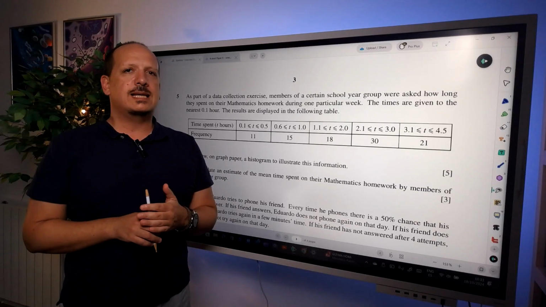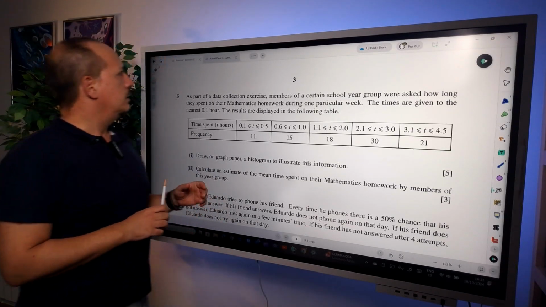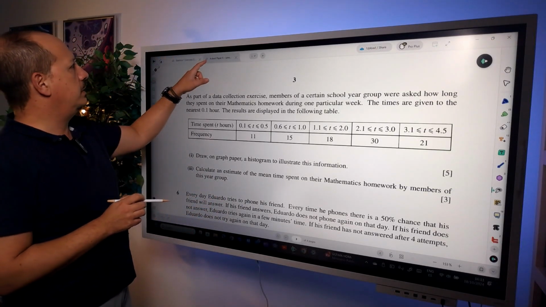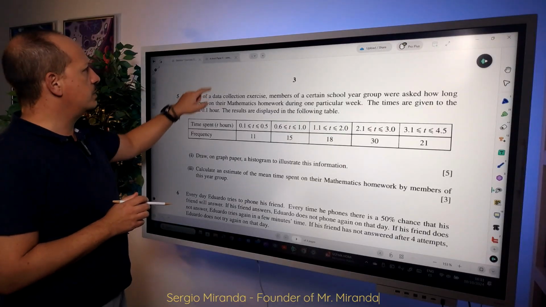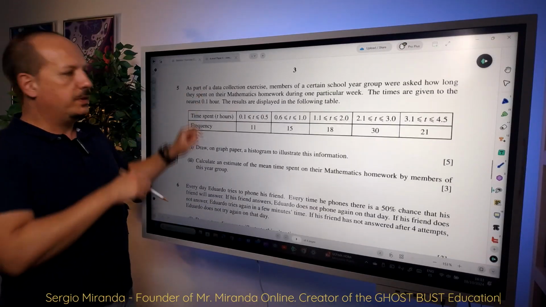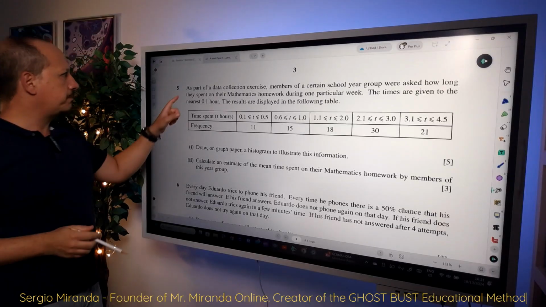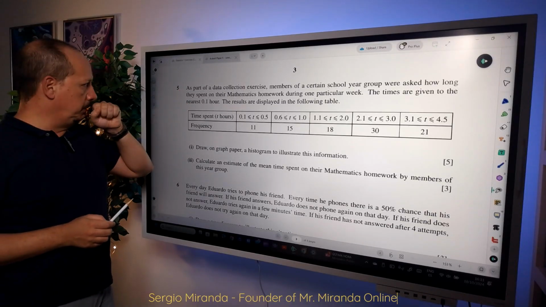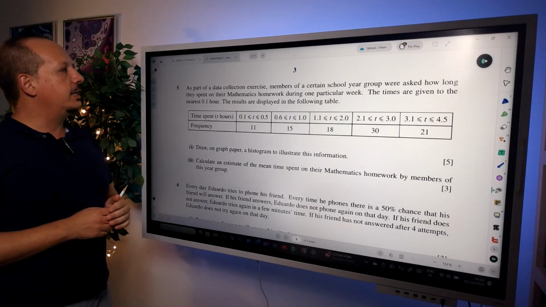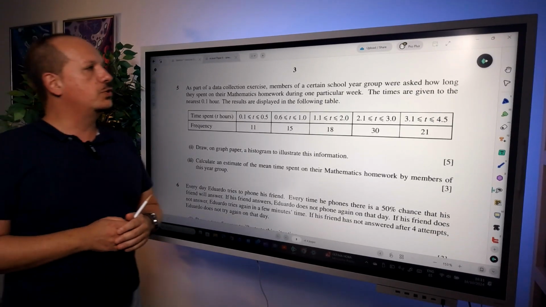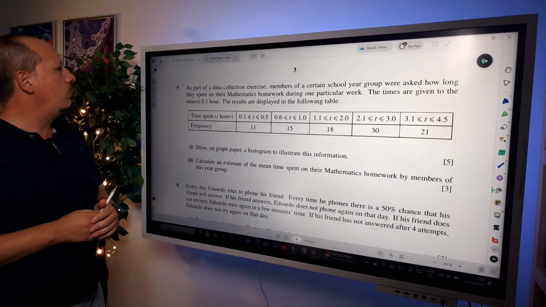Let's now look at an exam question regarding histograms. This one is taken from a paper 6 in June 2008. As part of a data collection exercise, members of a certain school year group were asked how long they spent